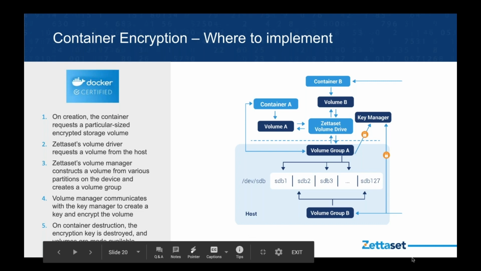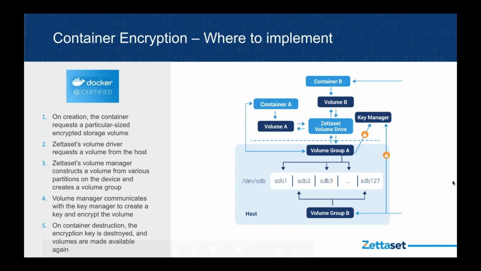Let's take a little bit more in-depth architectural look at how that all would work. We talked about two fundamental things here. One thing is separating the storage per container and separating the keys so that every container volume is encrypted with its own unique key. So this slide gives a pretty in-depth architectural overview of how you would do this and how we actually at ZSET design our encryption solutions.